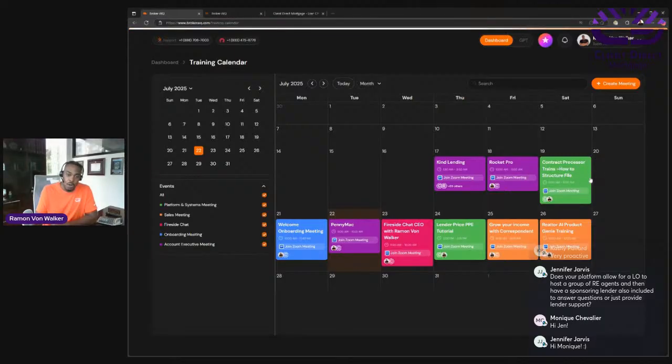Only on weekends, so Saturday and Sunday, they can hold classes to train new loan officers how to structure a file. What that is going to do is build a bond between them. So then, hopefully in the future, that loan officer will get a deal, and of course, they're going to use the contract processor that helped train them on how to do X, Y, and Z. So there's a real opportunity here for the ecosystem to cross over and for people to help one another grow.